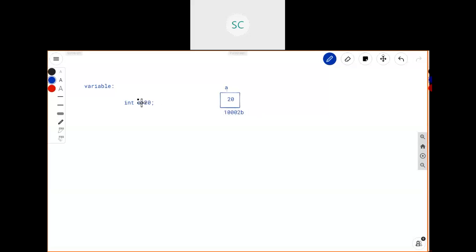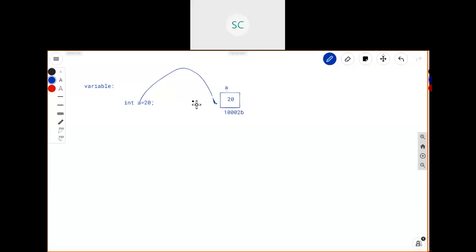Once you declare a variable in your program, it points to this memory location, and for that memory location you are giving one name. That name is a. By using this a, you are going to access the data which is present within this variable.